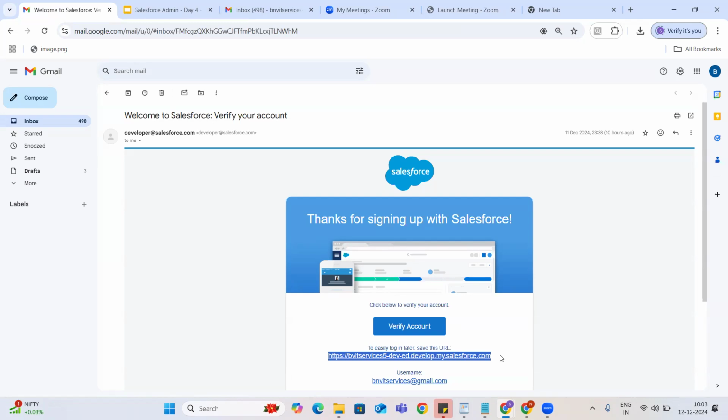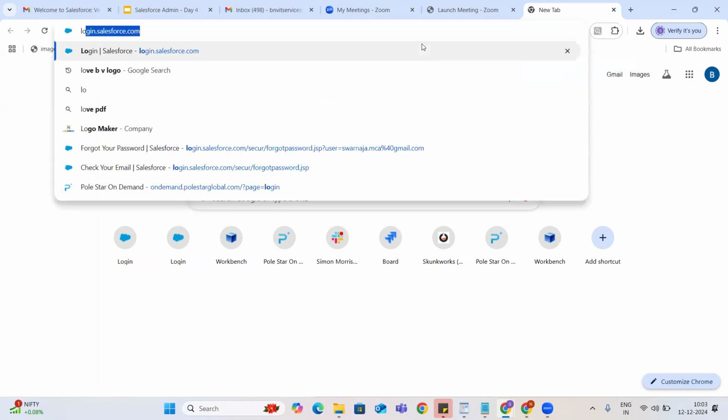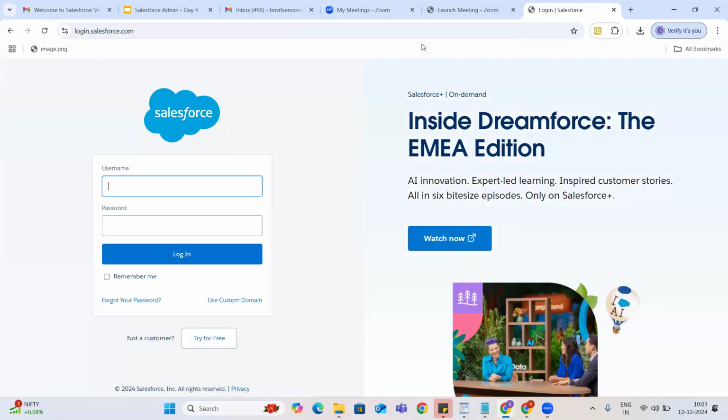The same way, we can log in daily and search for this email and click on this link, right? Another way is that I can bookmark and use it. That is one way, guys. Otherwise, if you miss your bookmarks and try to access from another laptop, bookmarks are always available in your local laptop, but if you went somewhere and want to access your org from there, in that case we are going to use our URLs. If you want to access your developer orgs, login.salesforce.com is the URL you need to use.